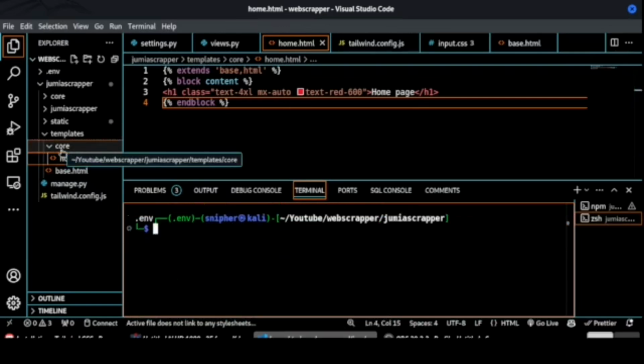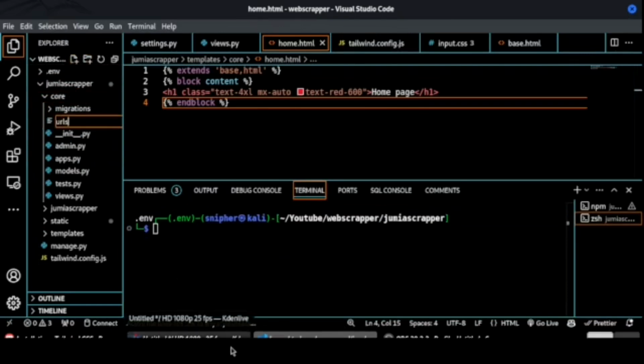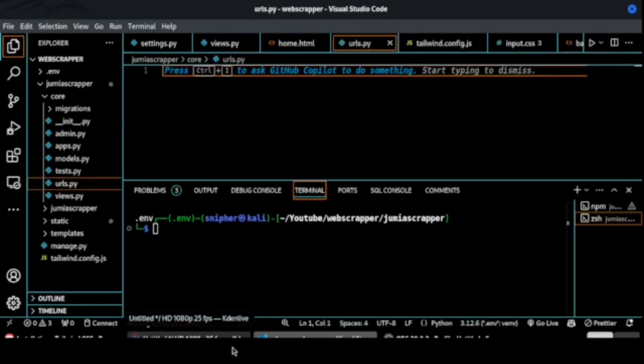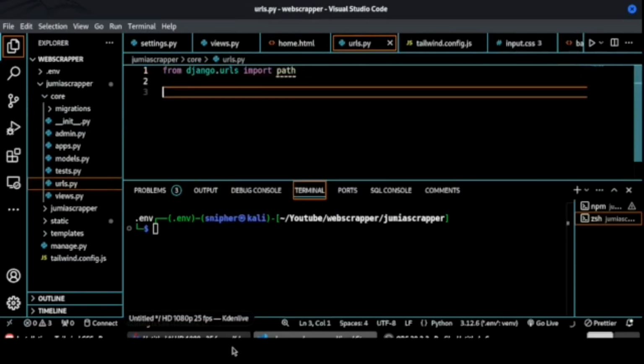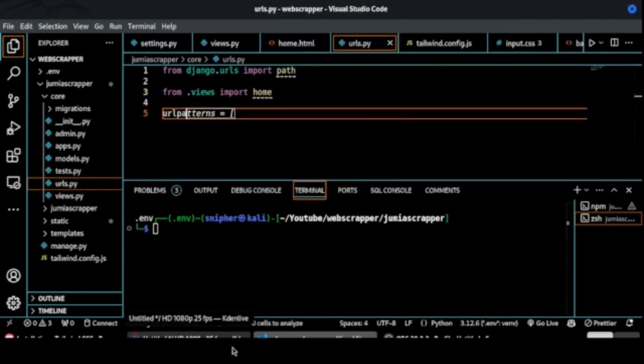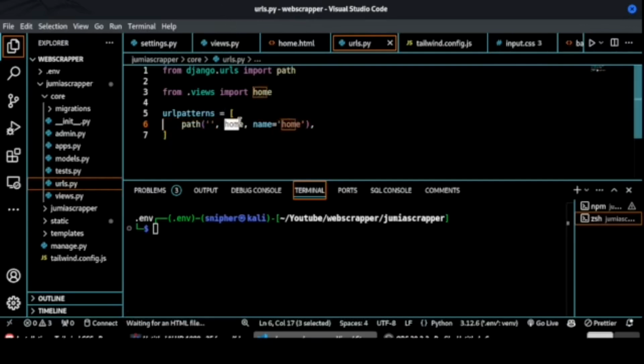Before we run our server, we need to create a URL pattern for this app. So inside our app, let us create another file called urls.py, and then inside our urls.py we need to import path. So from django.urls import path, and then let us import our views. So from .views import home, and then let us create our URL patterns. So inside that we have a path and then an empty string, and then call our view function and give it